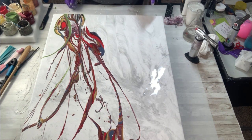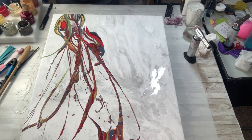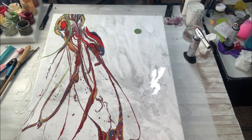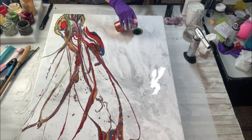All right, I'm going to do kind of another big one right here and see if I'm going to need one in the middle. I like doing things in odd numbers. All right, so I'm going to start with that green again. And a little bit of Payne's Gray. And I think I'm going to put the red closer to the bottom because even though he wants red, I don't want the red taking over. So this is the Fire Opal,